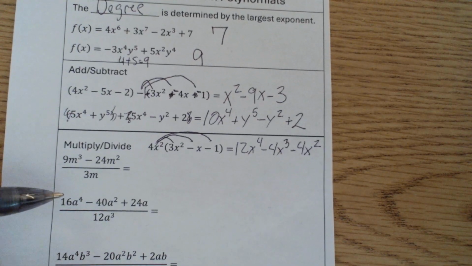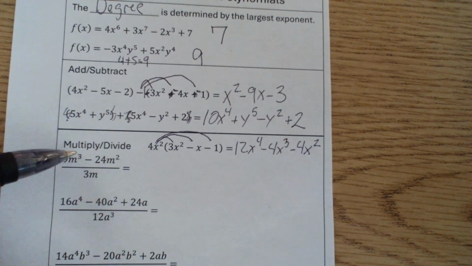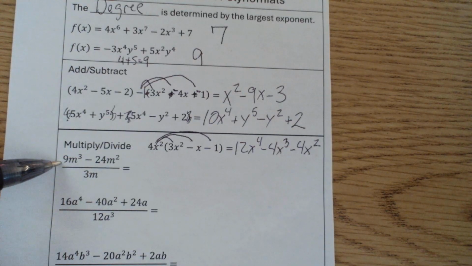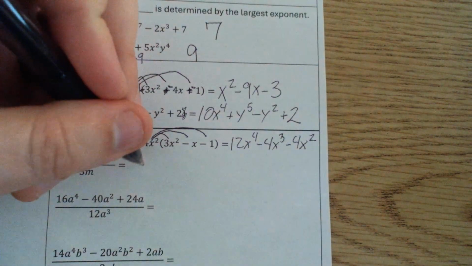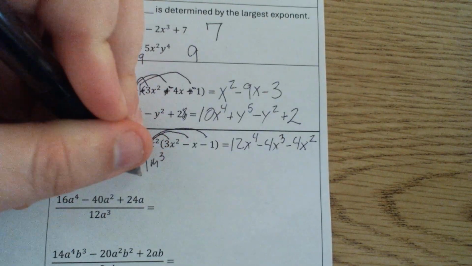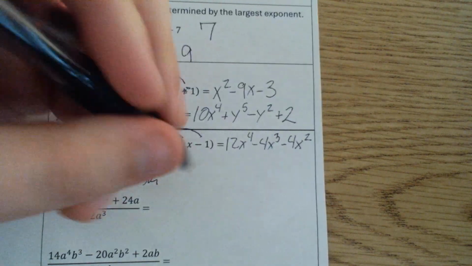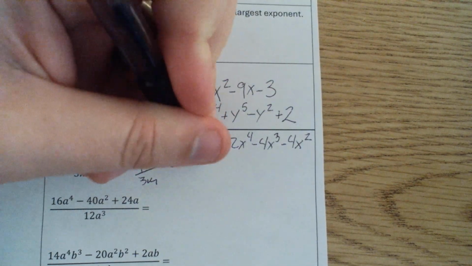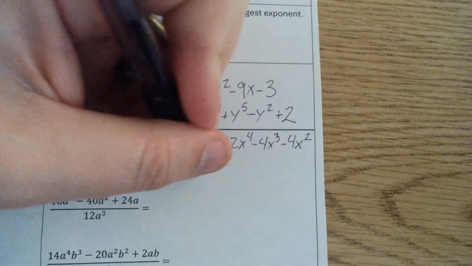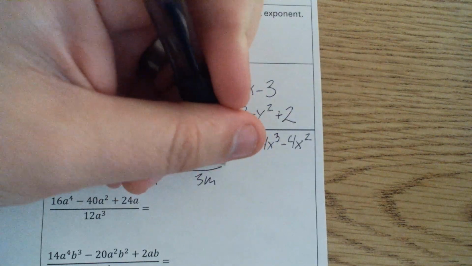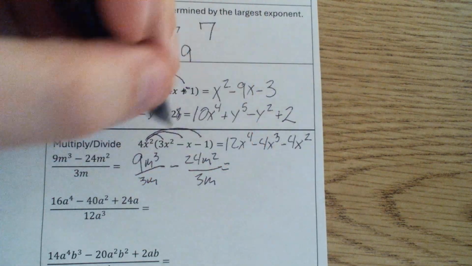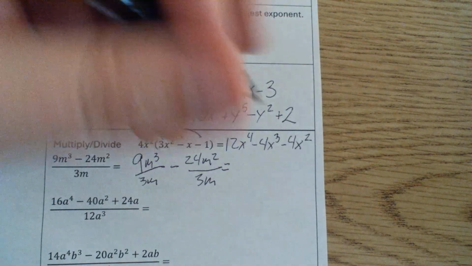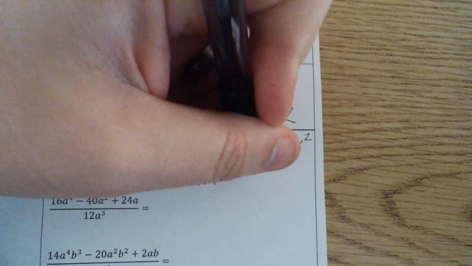So when we're dividing, what I'm going to do is kind of the reverse of that. It's really pulling out a greatest common denominator. So I divide 9m to the 3rd divided by 3m minus 24m squared divided by 3m. And what it gives me is, just dividing that, I'll subtract exponents, divide the numbers. So that'd be 3m squared